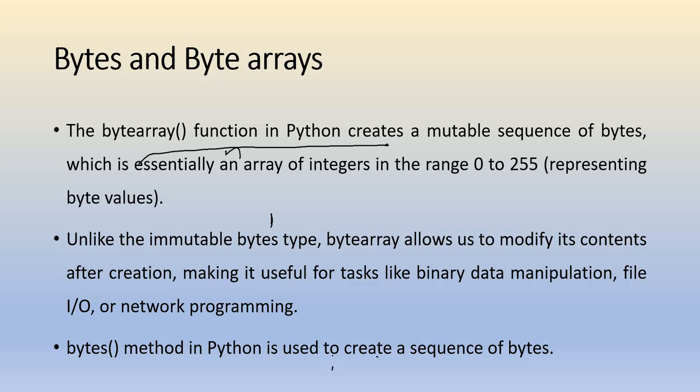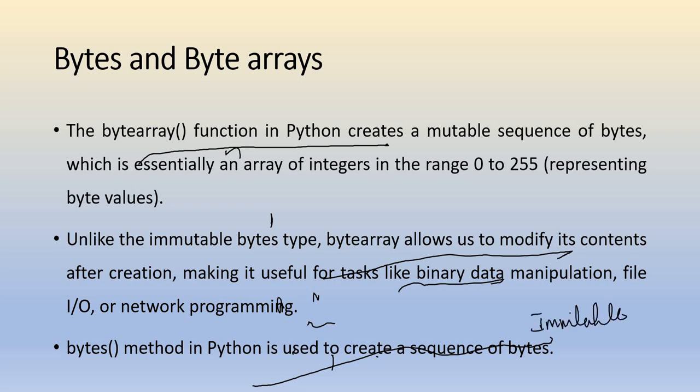Unlike the immutable type, byte arrays allow us to modify their contents after creation, and we can manipulate files. Various applications for this are file input output as well as networking. The bytes method is used to create a sequence of bytes, but it is immutable. You cannot change it. Whatever values we pass will be converted into bytes, but they can be changed in byte arrays, but they cannot be changed in bytes. That's what we are going to see now. First of all, I want to show you the